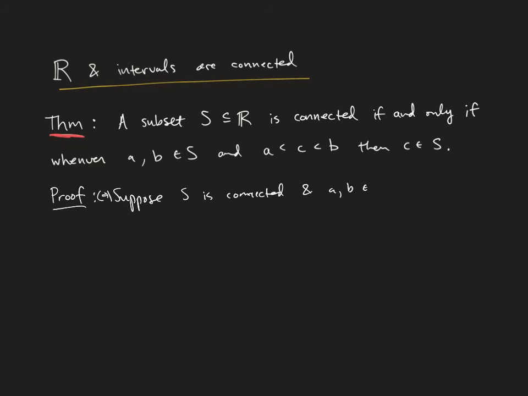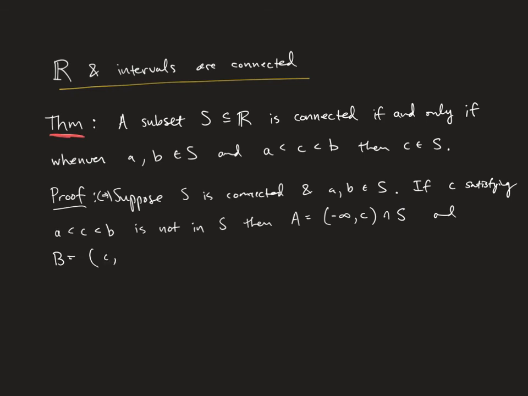and A and B are in S. If C satisfying A less than C less than B is not in S, then what we can do is set capital A equal to negative infinity up to C intersect S, and capital B equal to C to infinity intersect S. These are a separation